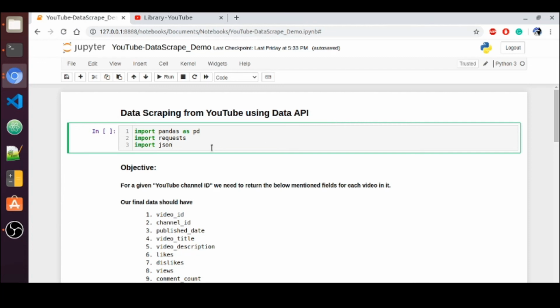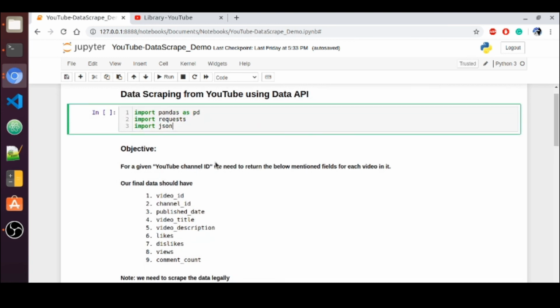In this video, I'm going to show you how to scrape the data from YouTube using its own data API. When you're talking about scraping, most of the time you will scrape the data using Beautiful Soup or Selenium or some other scraping tools, right? But it is not recommended for every website because some websites don't allow us to scrape the data. YouTube doesn't allow us to scrape the data with Beautiful Soup or other scraping tools, but it allows us to scrape the data using their own YouTube API. In this video, I'm going to show you that only.